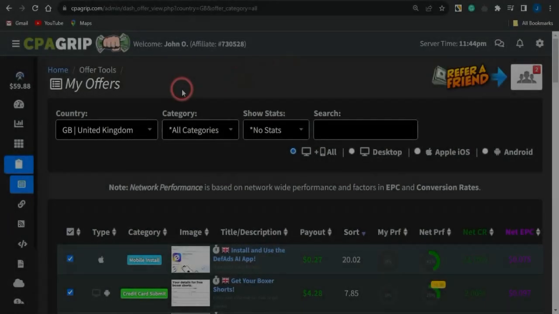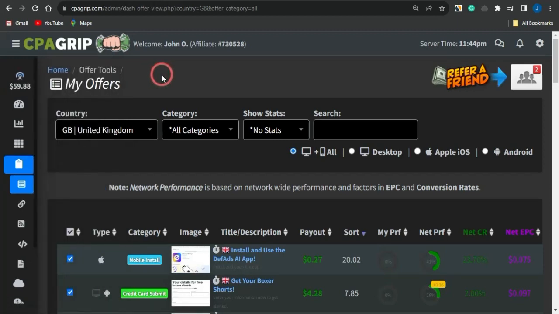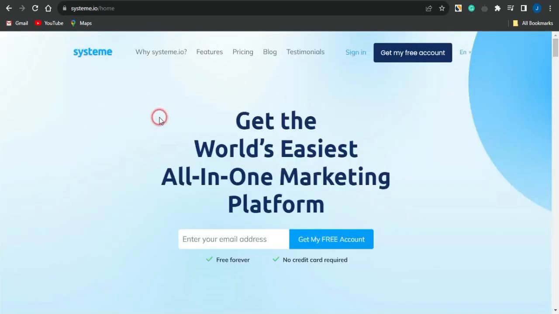So guys, take a look at this right now. This is how much I actually made in today's revenue by using a very cool CPA Grip strategy, which is actually the quiz strategy. And I'm going to walk you through how you can replicate this exact same strategy and make the same amount just by utilizing this platform right here called Systemy.io in conjunction with your